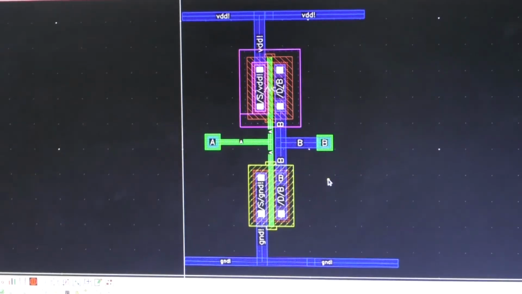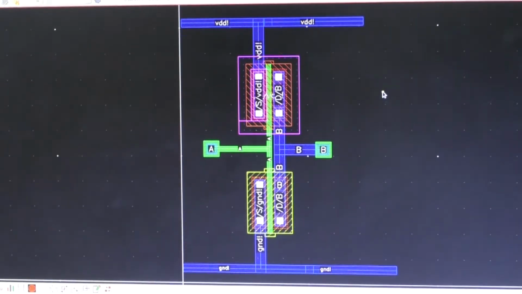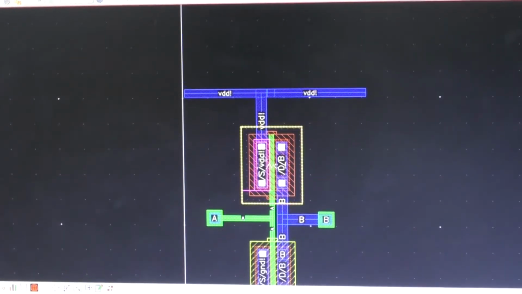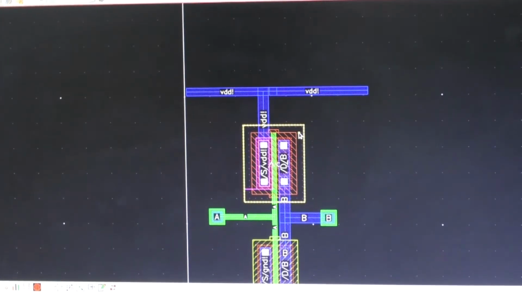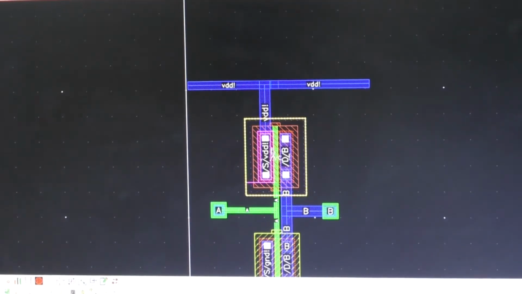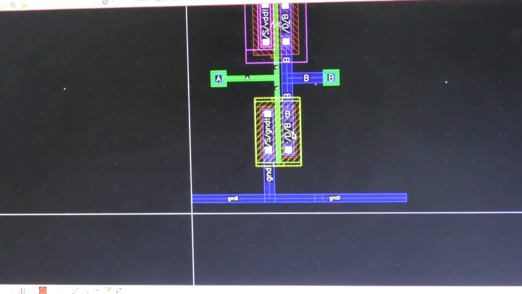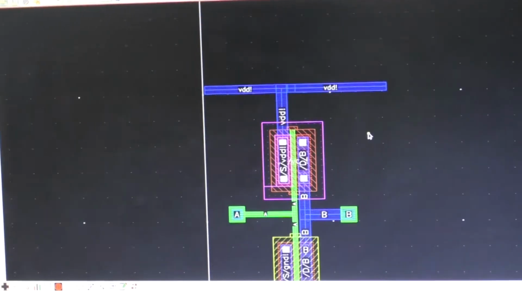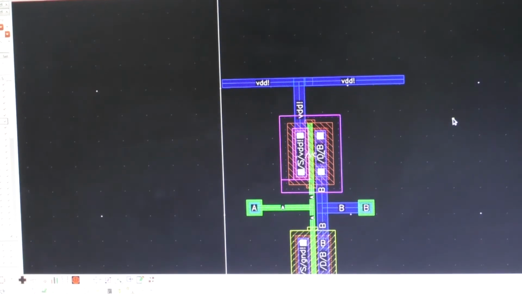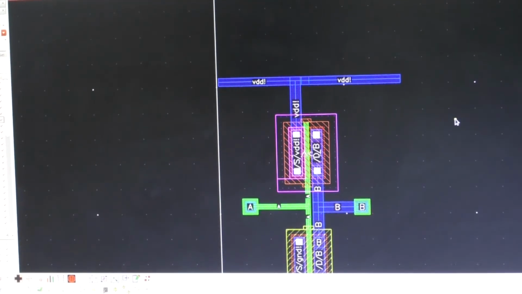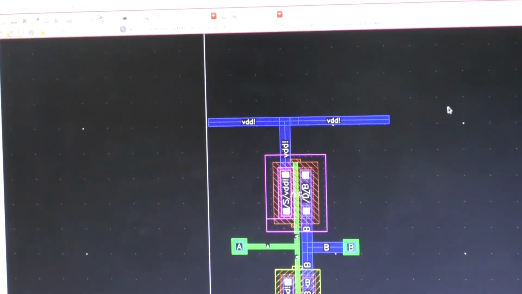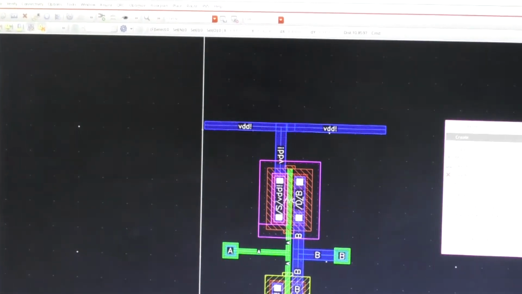But in this CMOS design process, the PMOS transistor is designed in the N-well, as well as the NMOS is designed using the P-well. So here also we have to use these wires, and for this just right click and create wire.